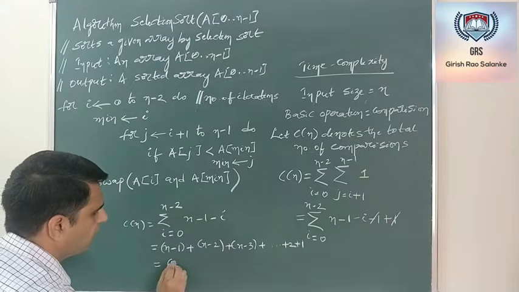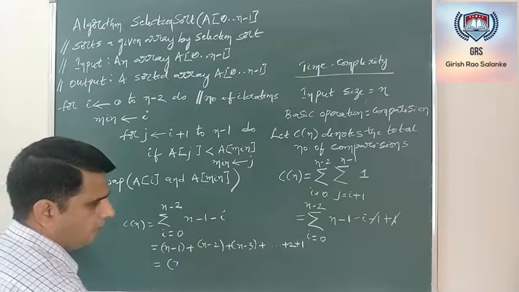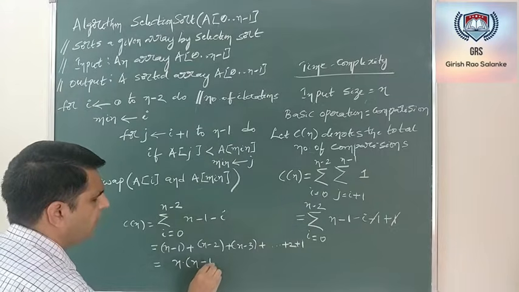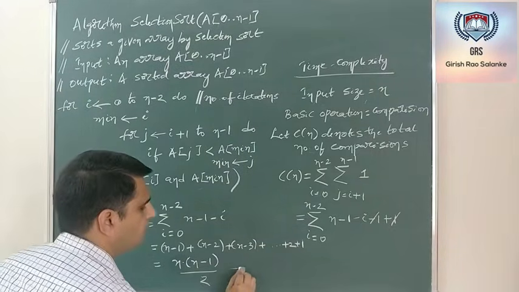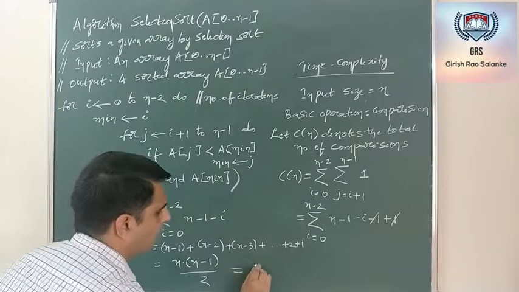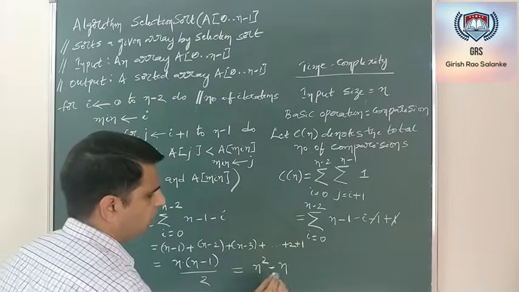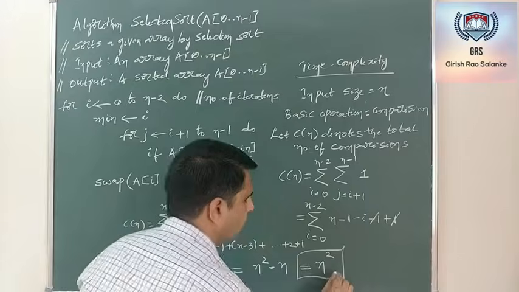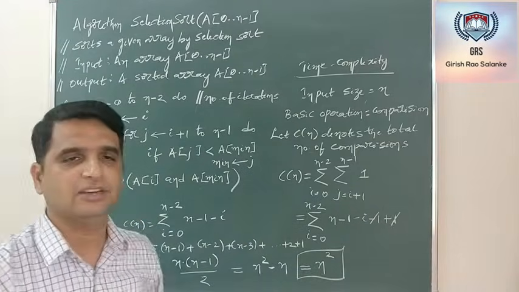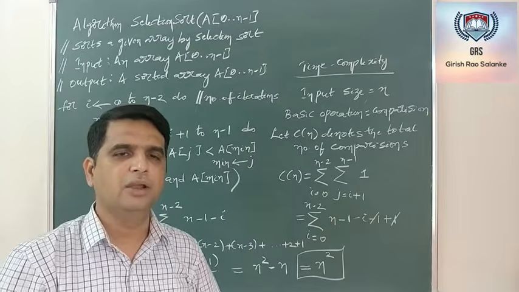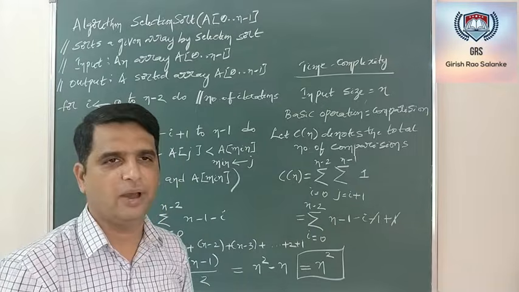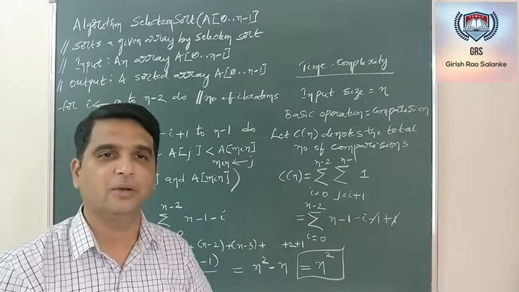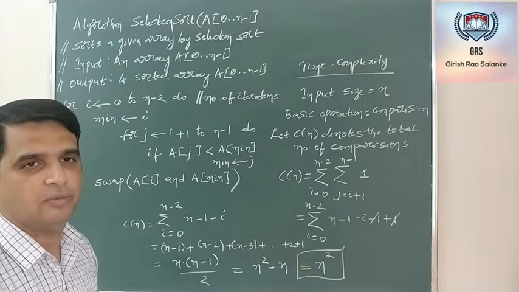Now what is this? This is nothing but n into n minus 1 by 2. If you take half as a constant, I will be left with n square minus n. So asymptotically n square is greater. So the time complexity is n square. This is the efficiency of the selection sort algorithm. For whatever input you supply to selection sort, its efficiency is n square. Please note that the number of comparisons is asymptotically n square, but it is not exactly n square. It is n into n minus 1 divided by 2.